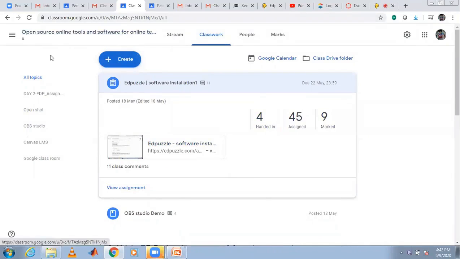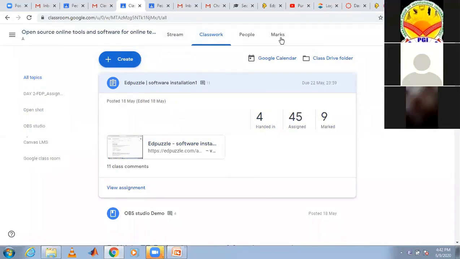This is about Google Classroom and interactive video by using Edpuzzle. Okay, up to this, if you have any doubts, you can ask me. Creating Google Classroom.